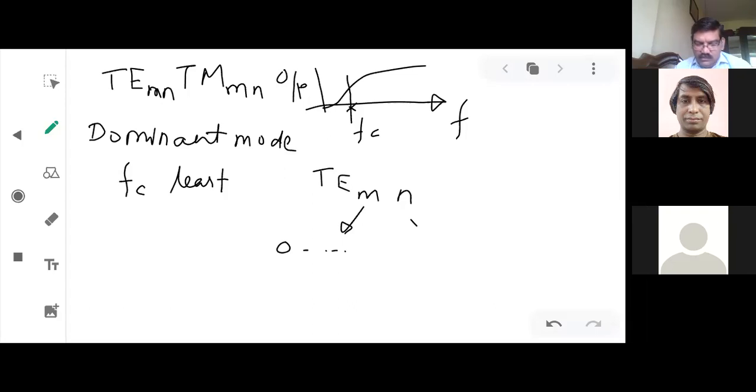But m and n cannot both be 0, because no variation in the x direction and y direction is going to happen only if TEM exists, but